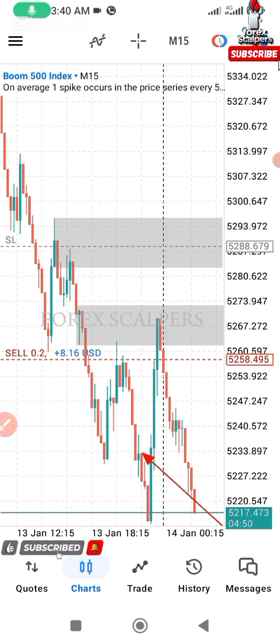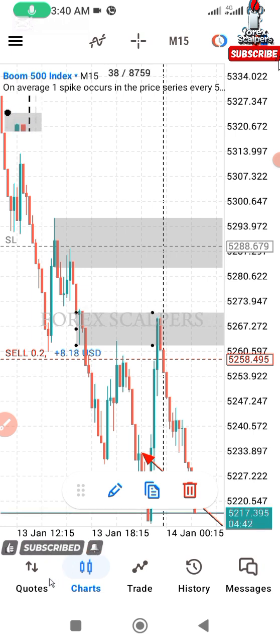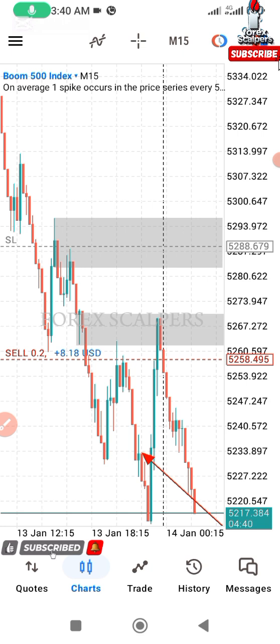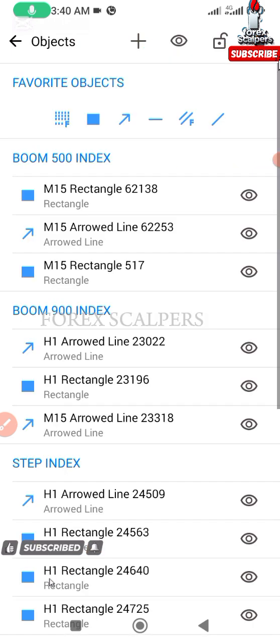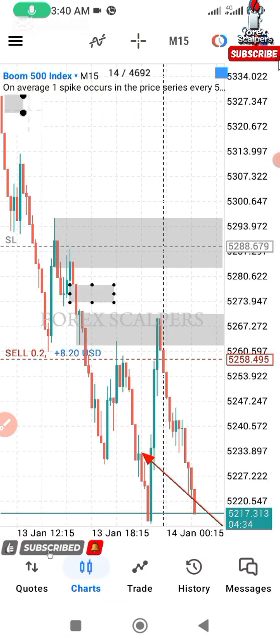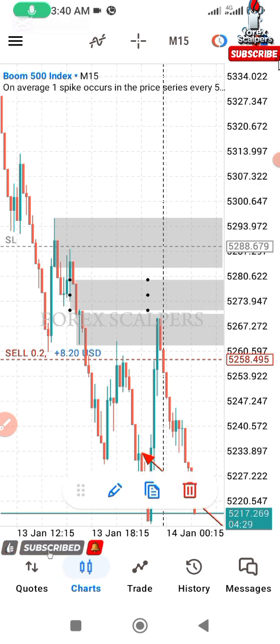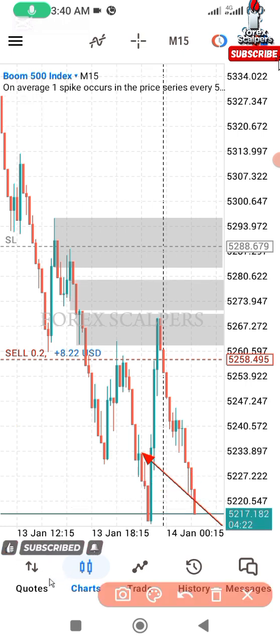Now after identifying this particular order block, from this order block I realize there is also an imbalance on this 15 minute. Imbalance is a fair value gap. So on this 15 minute, I am having this imbalance here, right? So here is a fair value gap. So here my first point of interest is this order block, right? The second is this fair value gap,